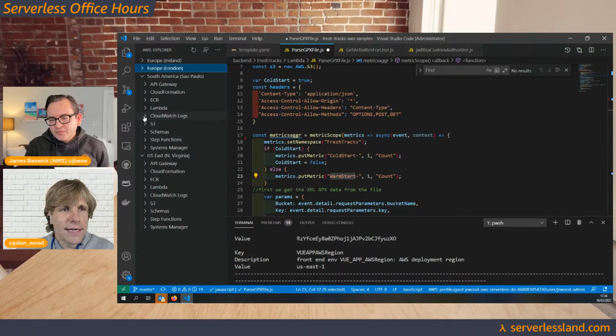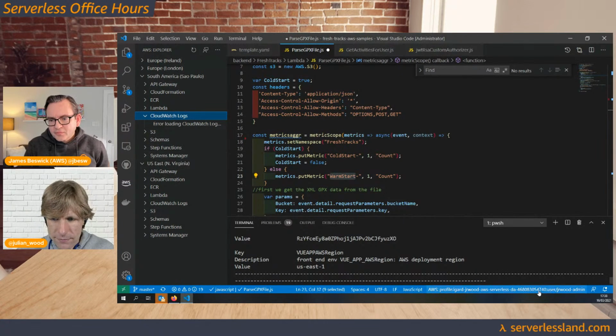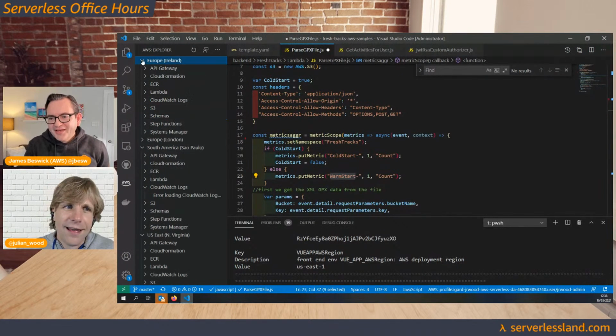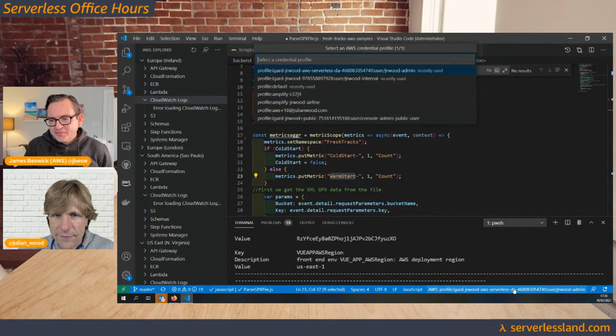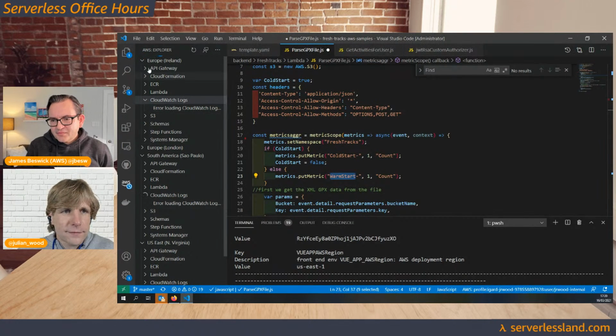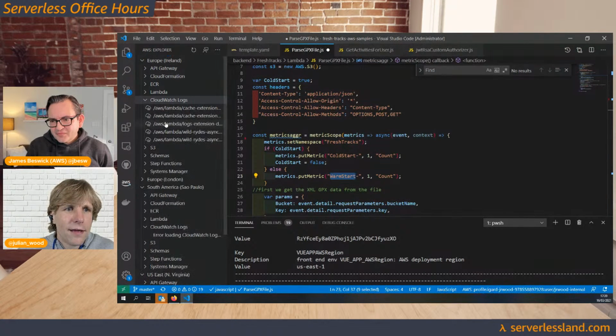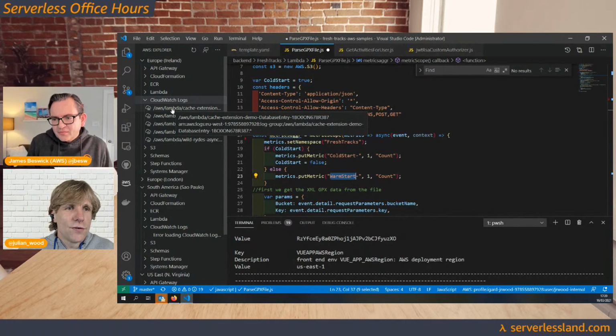What you can do is, in VS Code, I can look at CloudWatch logs directly from here. The demo people are out to get me. Let's see if I can quickly switch to another account. Saved by the... So within CloudWatch logs, within the AWS toolkit for Visual Studio Code,